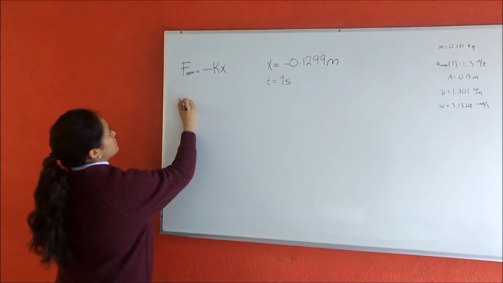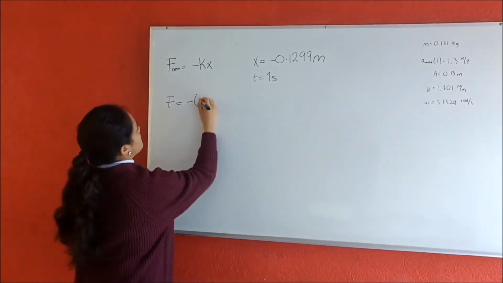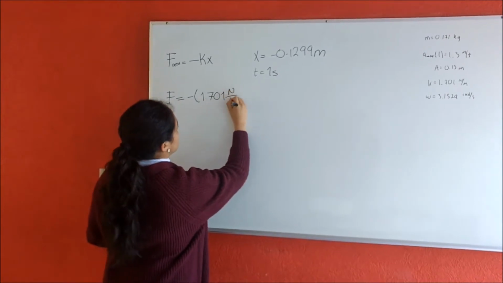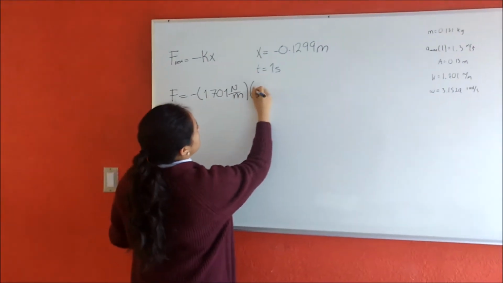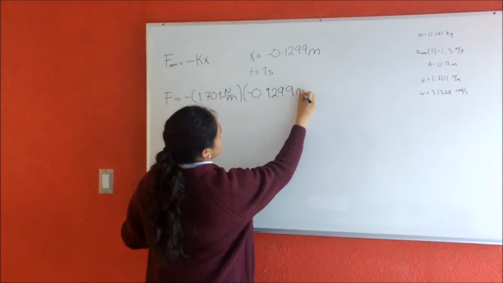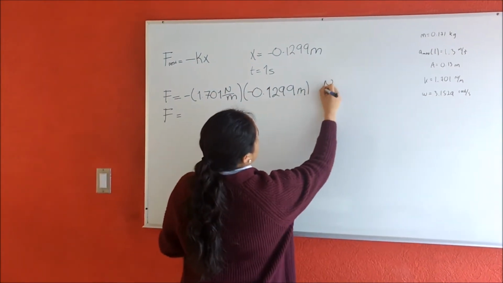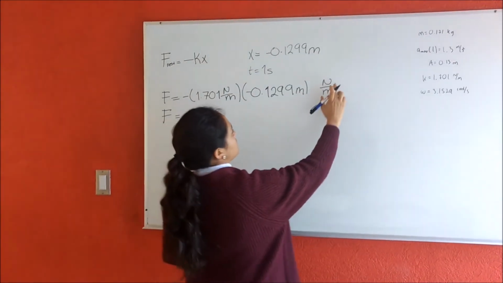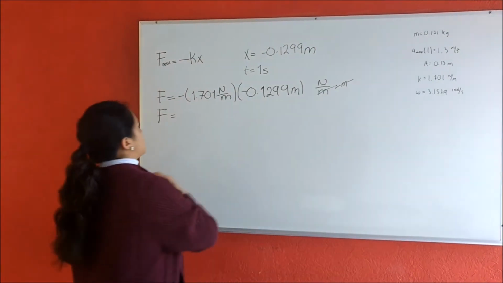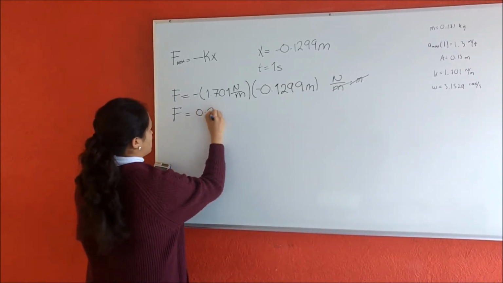And so if we substitute, we have the constant of the spring times the position of the object. Well, and here, as we have newtons over meters times meters, the meters will be cancelled out, and then we will have 0.2